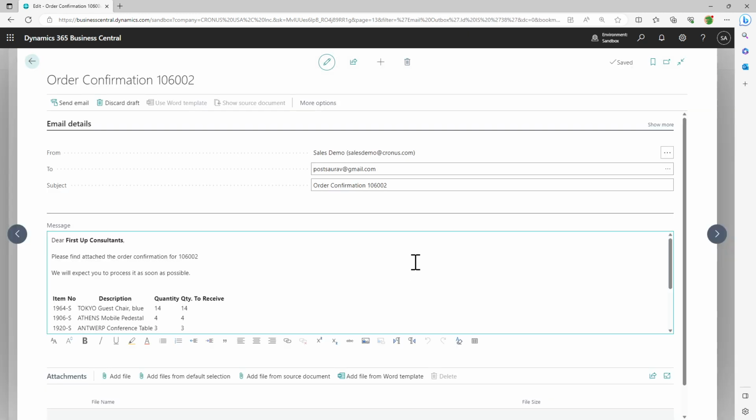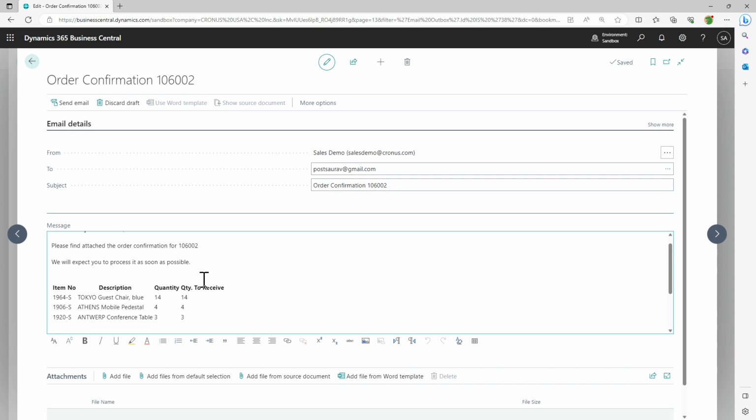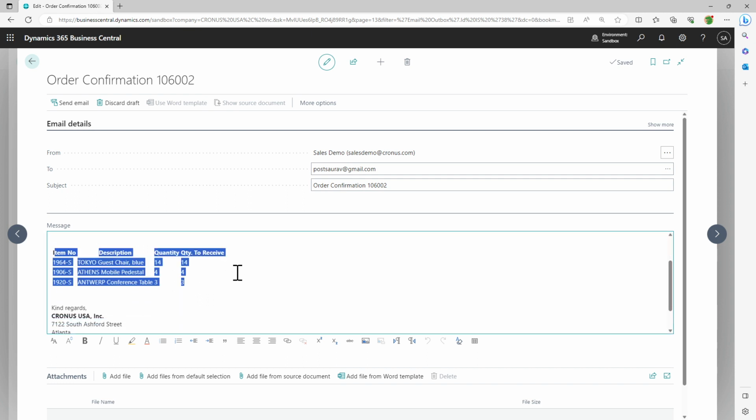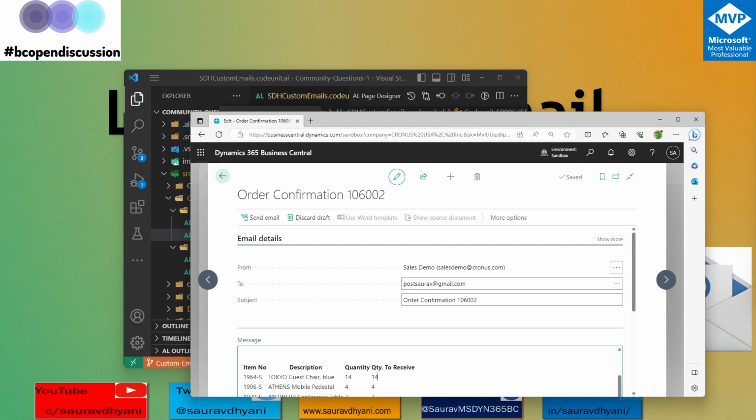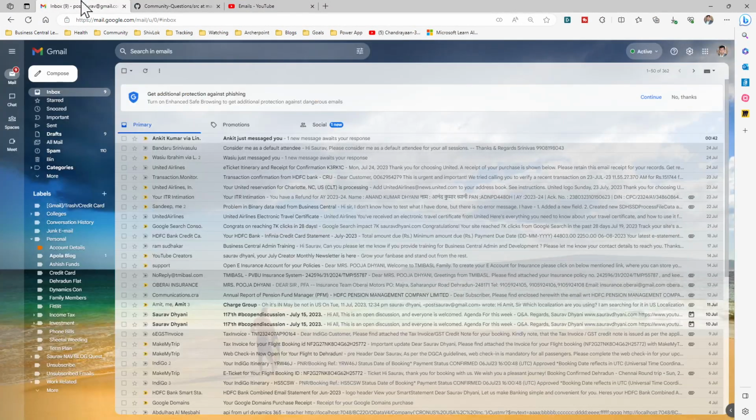So what will happen here is you get the basic formatting and you also get the details. Now you'll say, oh, Saurav, you said table. This does not look like table. I understand that it does not look like table, and I'll explain you, because this is not the limitation of